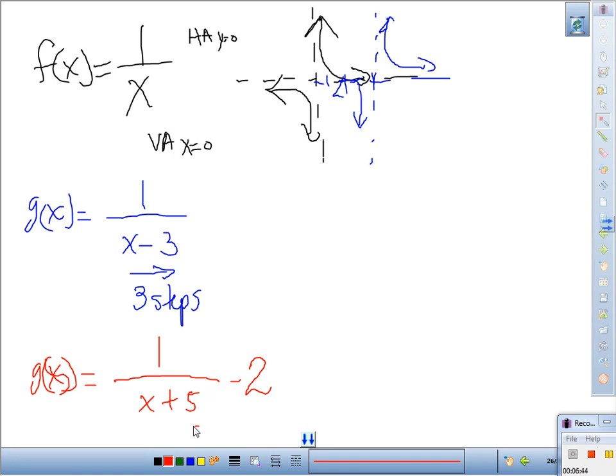Who said 5 to the left and 2 down? Yeah, the whole thing moves, the asymptotes and the graph. So 5 steps to the left, 1, 2, 3, 4, 5. 3 steps down, 1, 2, 3. So